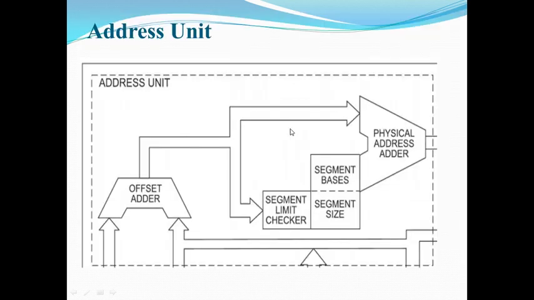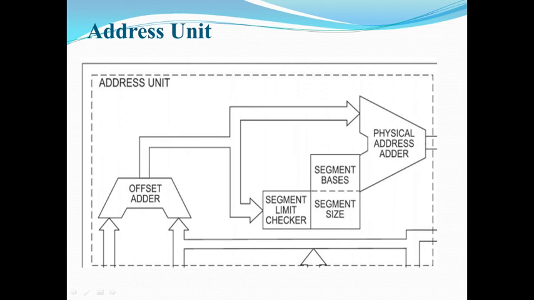The first unit, address unit. The address unit is responsible for calculating the physical addresses. So we can say that the complete architecture is divided into four units. The address unit is responsible for calculating the physical address of instructions and data that the CPU wants to access. The address lines derived by this unit may be used to address the different peripherals. So addresses can be related to the memory or to the peripherals. So the address unit is responsible for generating the addresses.